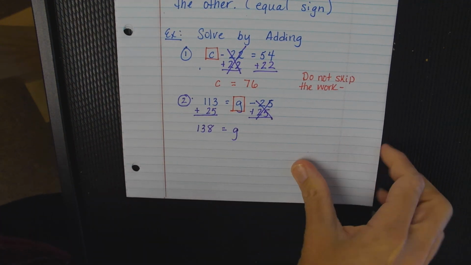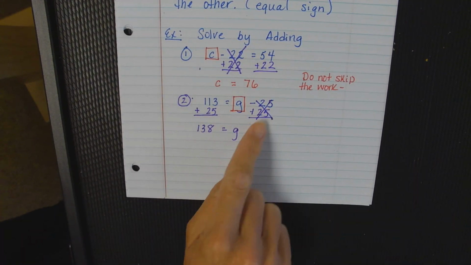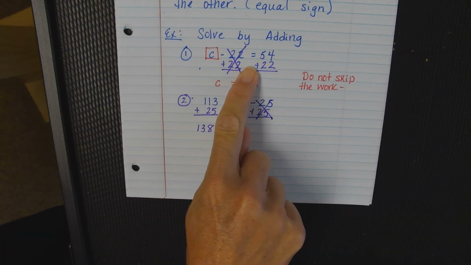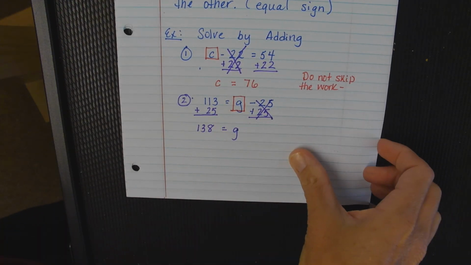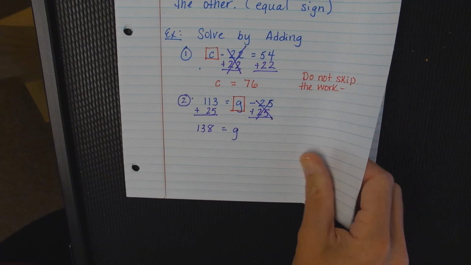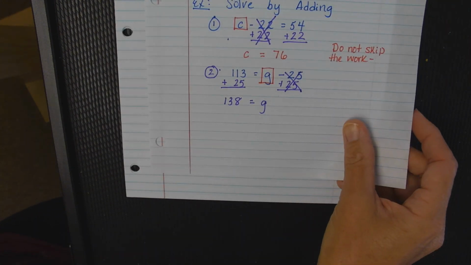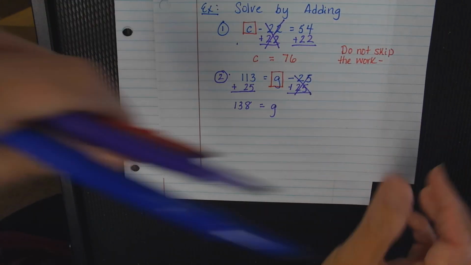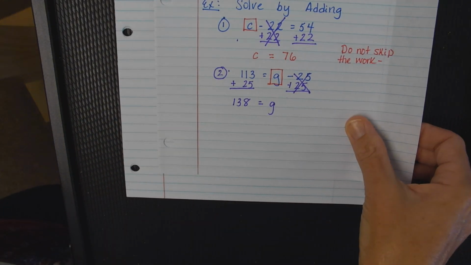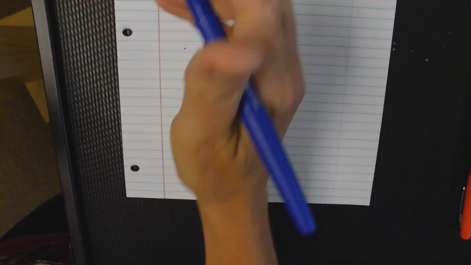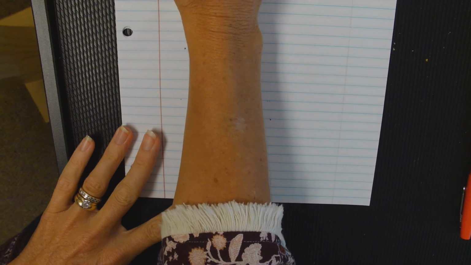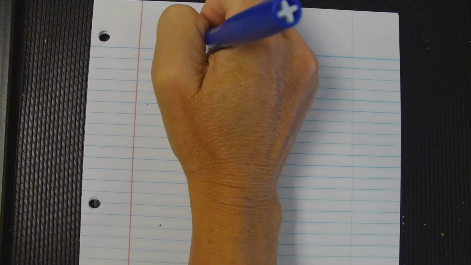All right. We solved by adding. Why are we adding? What operation is in the problem? Subtraction. And to cancel out, you can do the opposite. All right, let's move on. All right, let's look at number 3. I'll move this down. All right, we're going to solve by